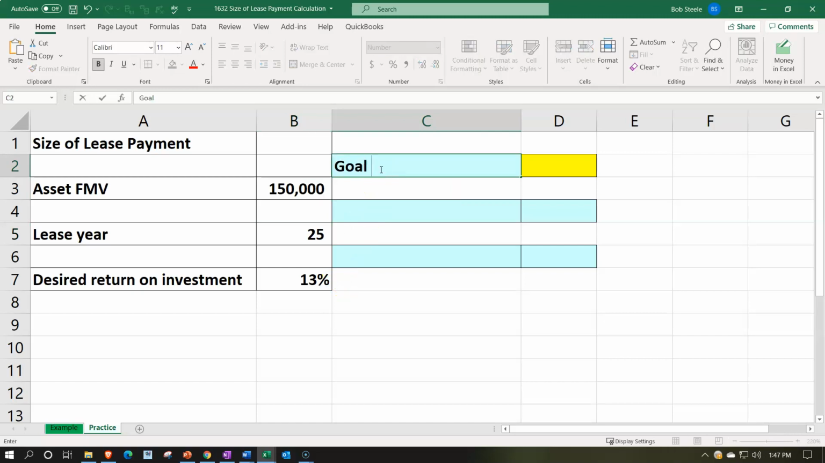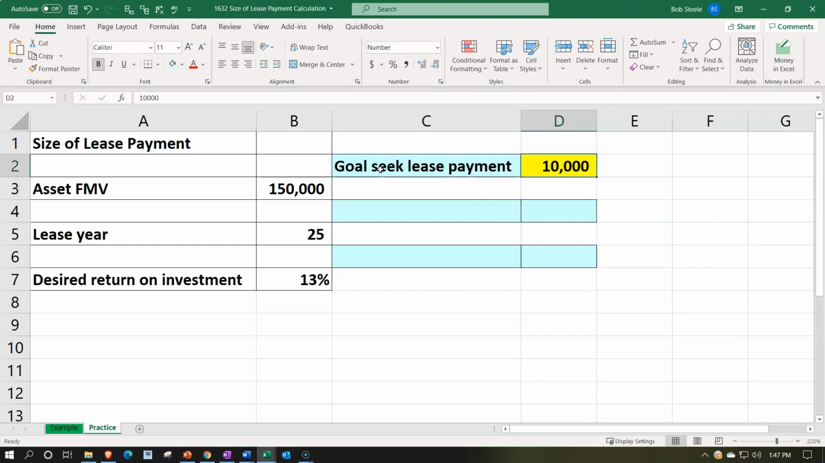We're going to say goal seek, and this is going to be the lease payment. I'm just going to start off with a lease payment of $10,000 as the starting point, and then we'll change that cell to get the payment to what we need it to be. And then we're going to take a look at the present value formula to back into what the payment amount should be. So if I use the present value